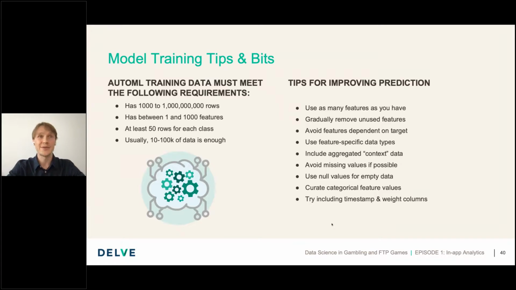And AutoML is a very good tool to do so, because it scales to very big data sets, up to 1 billion rows, and it can accommodate from just 1 up to 1,000 such computed features, and can build class predictions with just 50 rows for each class, which is very important in the case of modeling high-valued users, because these are usually rare, less than 5% of the total audience.